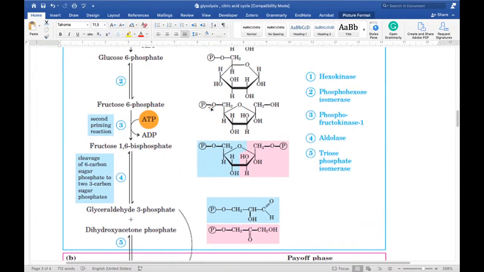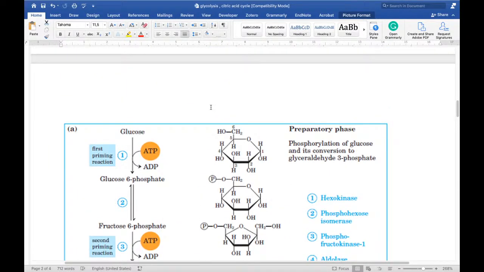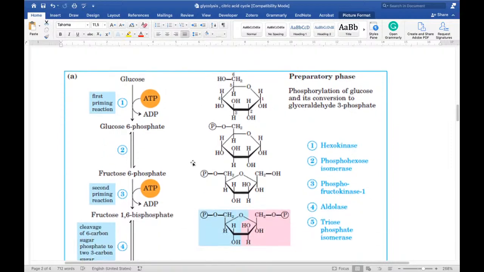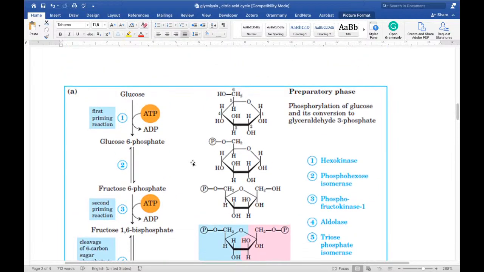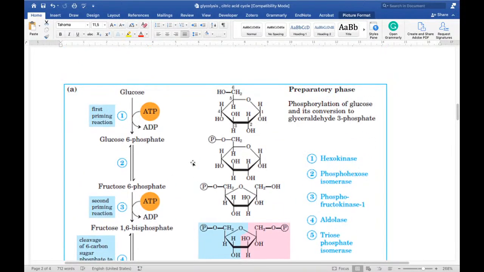So let's see one by one with the various enzymes, as it's an important aspect to remember forever. It's very important in the exam. This glycolysis cycle always comes, so you need to remember it by heart. You don't have to remember these structures, that will be too much, but just remember the names at least.